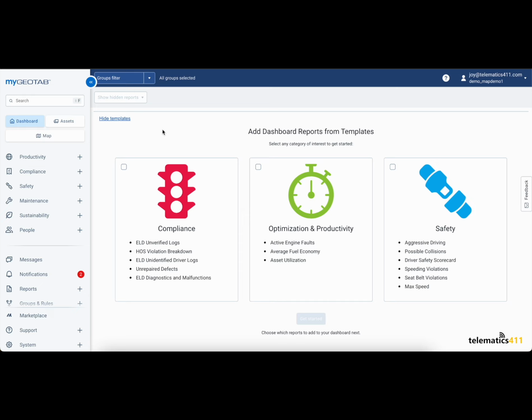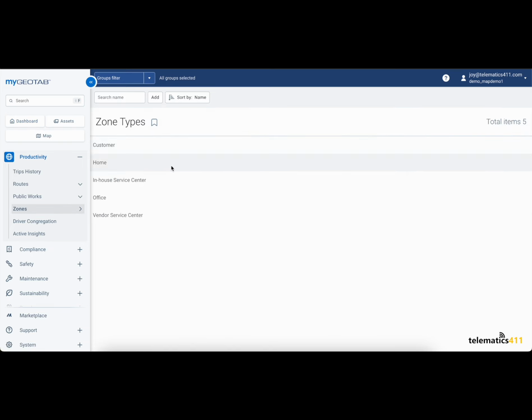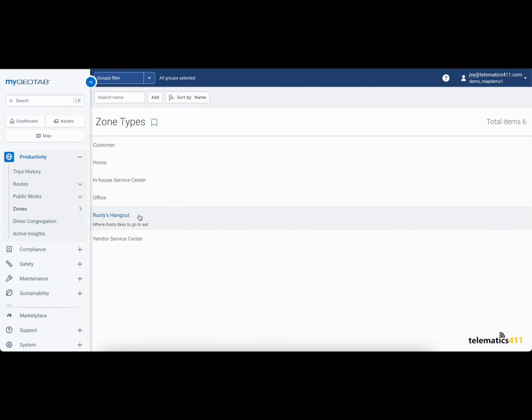To add a zone type, navigate to Productivity, Zones, Zone Type. Here we can see a list of all the pre-built types, which show up in this light gray color, and we can add new ones by clicking Add, and then filling out this information. Name is what your zone type will be called, and comment can be used to add extra context. Click Save up here at the top, and now you can see our custom zone in this blue color with